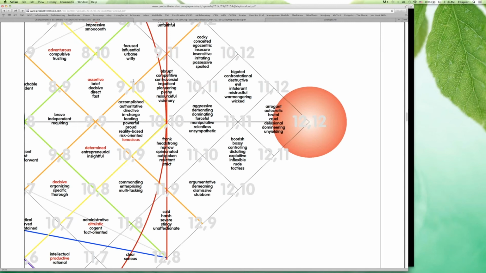Now, if he's leaning a little bit up grid, so he's got a little bit of that expressive energy coming in third place, so tertiary energy, the words now become abrupt, competitive, controversial, impatient, pioneering, pushy, resourceful, and visionary. Now, as I read those words, I think, well, some of those could be pretty good and some of those could be problematic.